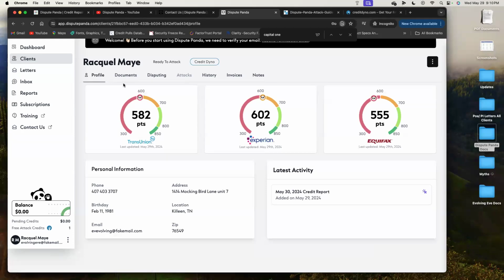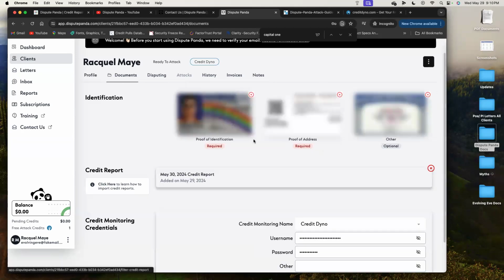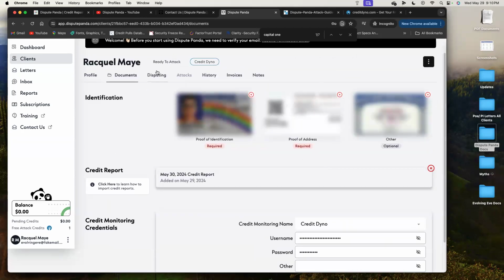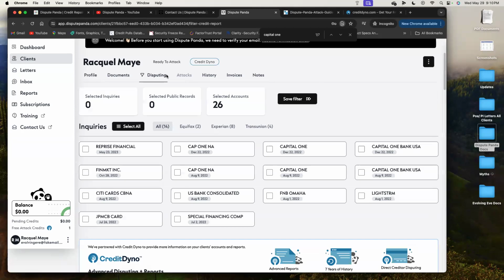If this was month 2 and I was coming back in the system, it's day 36, right? I'd come in the system, I'd click one-click import, and then I would do the same thing that I just did in month 1, but to whatever is now currently on the report. So we have literally loaded the client in, completed the first round of disputes, and walked through the secondary bureau. What questions or concerns does anyone have today?